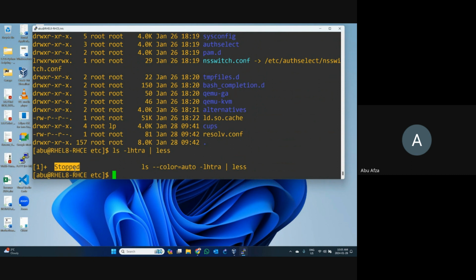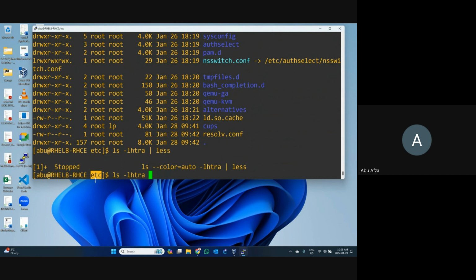So I can write this command ls minus l and less, whichever I want to see. I can check it. Let's write down another command and check that I'm in the etc folder. If you want to see other folders' information, how can you see it?